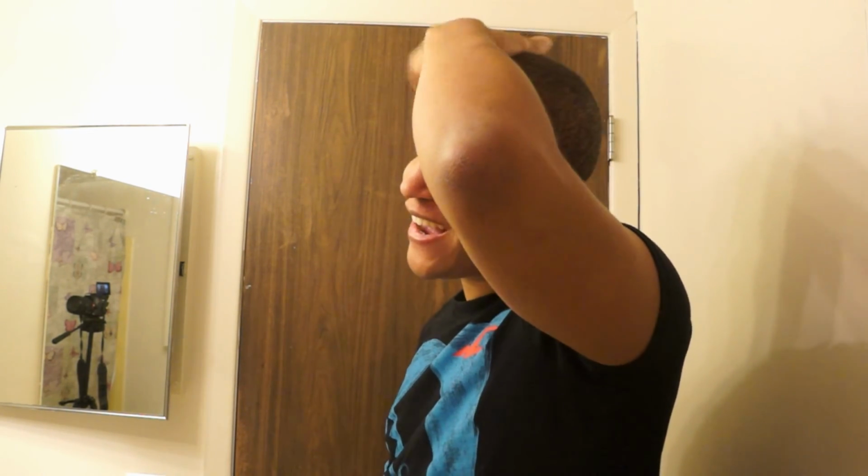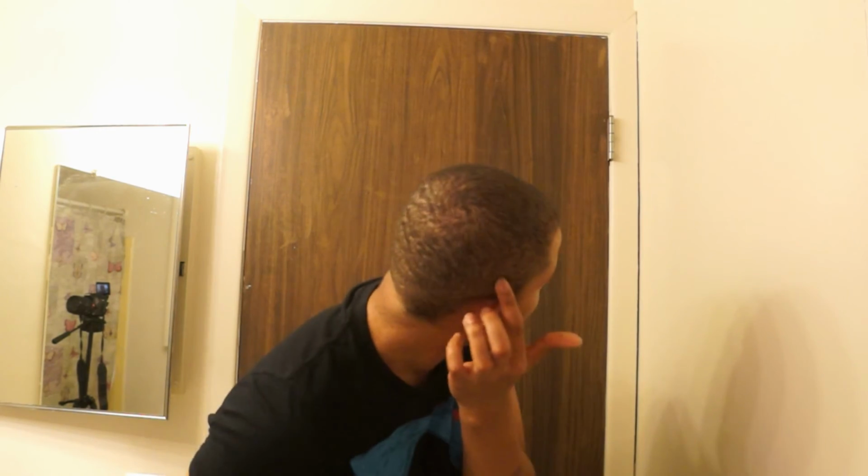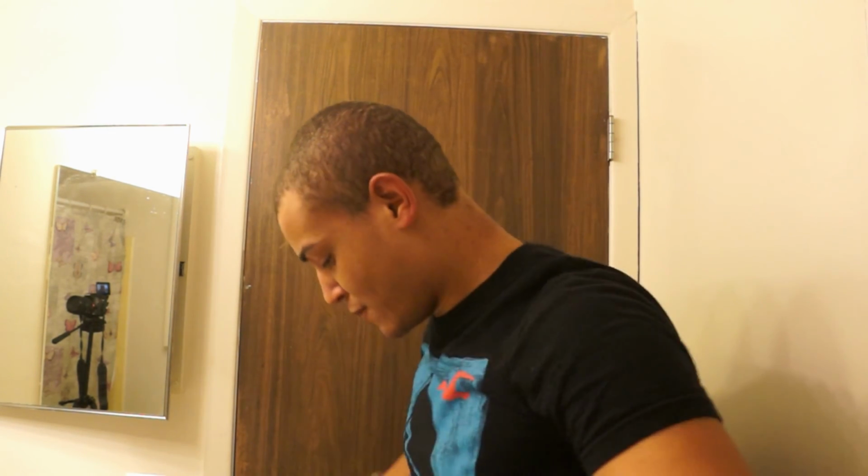I've actually cut my hair so low that I can pretty much feel my scars, which you guys probably can't see. Well, you probably can. There's a little scar right there, and a scar there, and I have some other scars, and you can only see them, and I can only feel them, when my hair is really low. It's weird, actually being able to look in the mirror, and even from here I can see exactly where the scar is. So I'd say that's a pretty big accomplishment for me, because my hair does have to be low, and it's